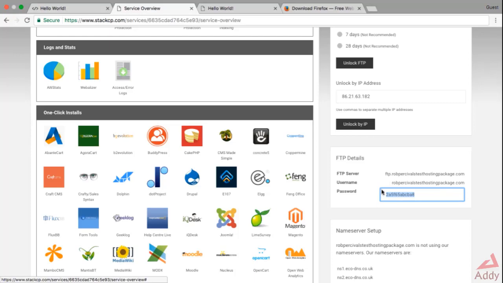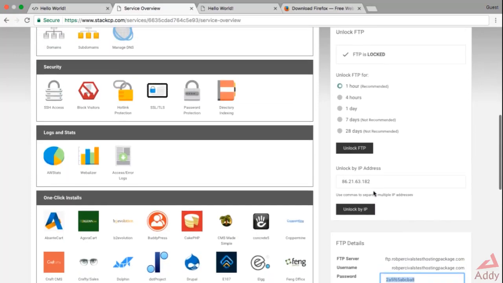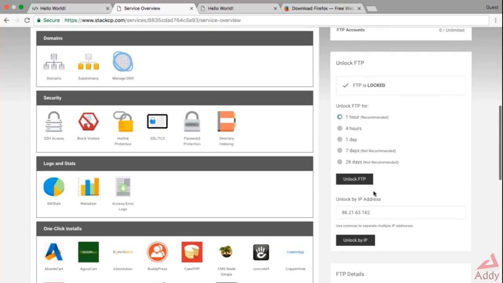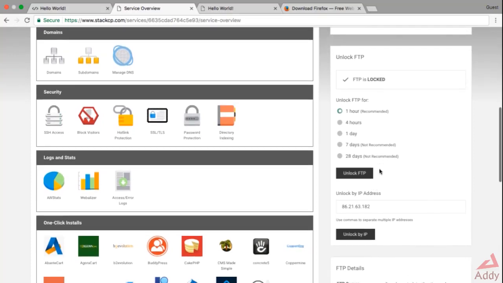So then click OK. There is one more thing we need to do before we can connect, and that is unlock FTP. Now, EcoWeb Hosting have a security feature that FTP is locked automatically after a certain time to prevent anyone else getting access to your files. So we either have to unlock FTP by time, and obviously the longer you choose here, the more risky it is in terms of someone else getting hold of your FTP login details and being able to access your files,